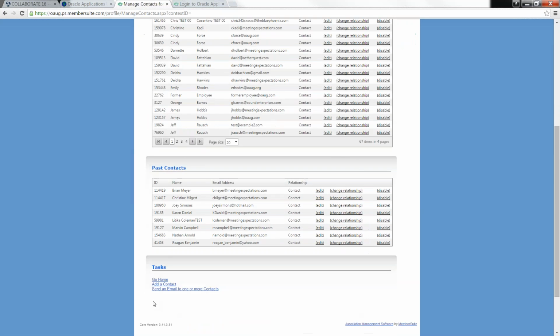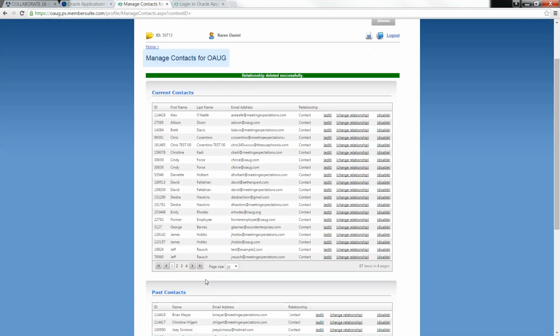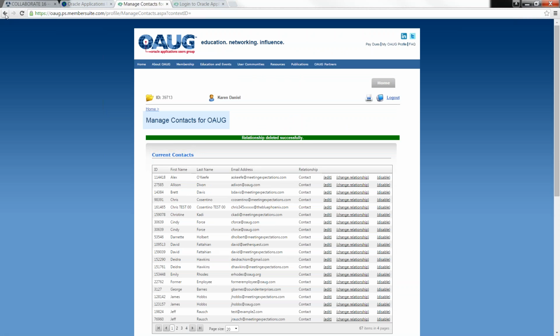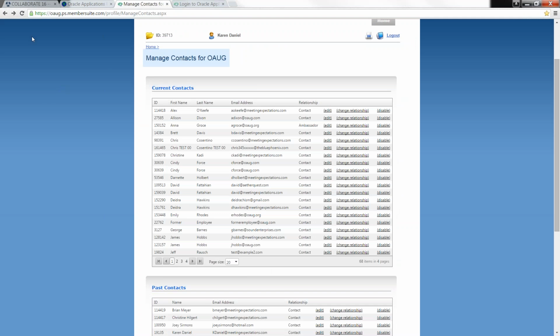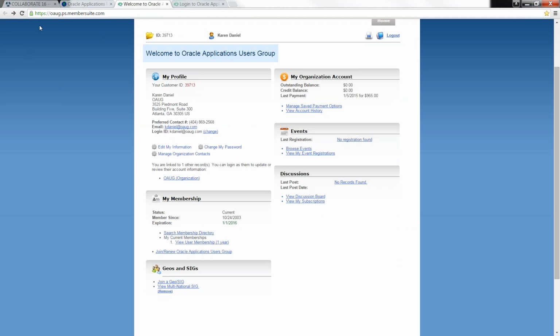And if you go in as an ambassador and just click the Add a Contact, it's only going to ask you for their name and email address. And everything else is going to be blank. And they're going to have to go in later and update all that information. So the best thing for you to do is encourage your coworkers. I'll show you how to get back out of here. Sorry, put one more back.